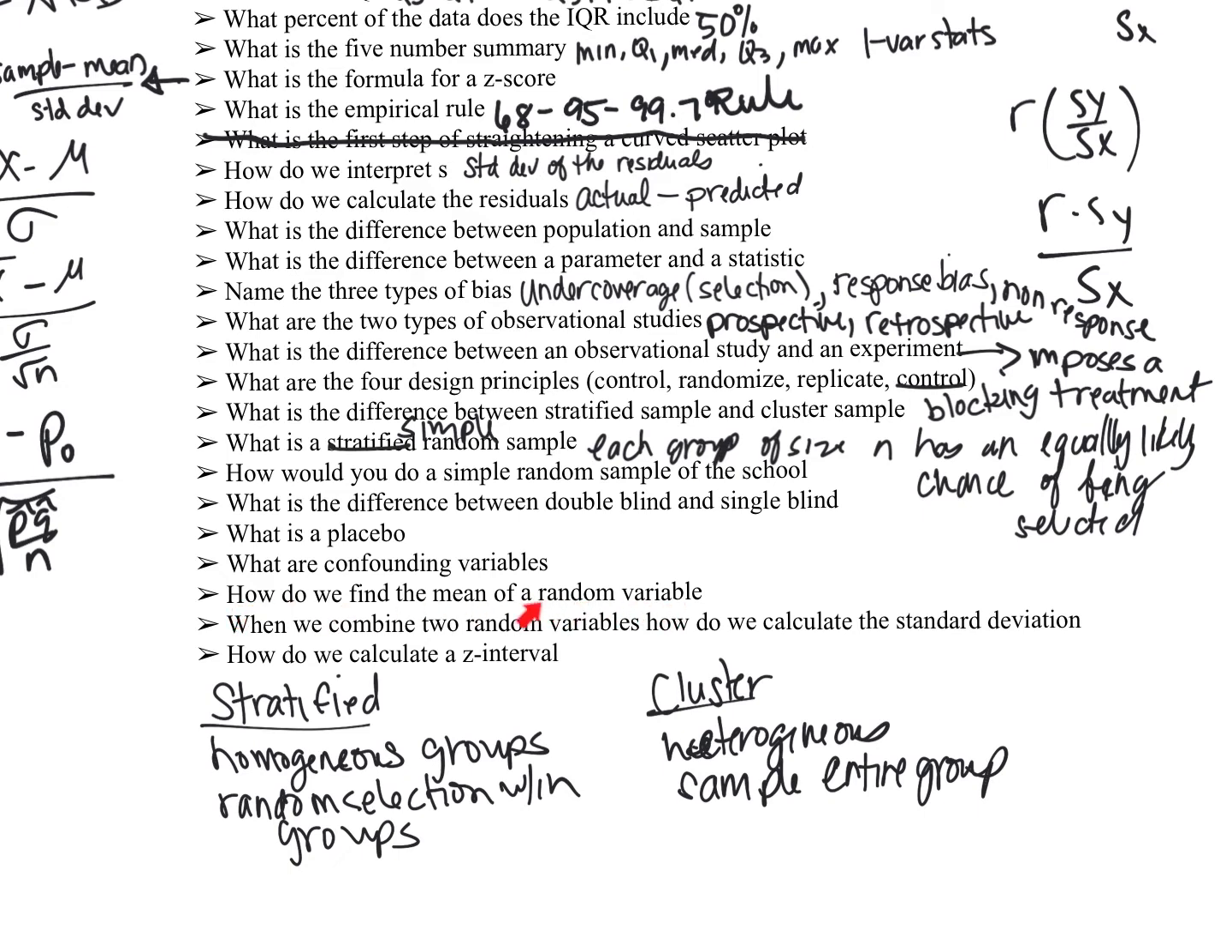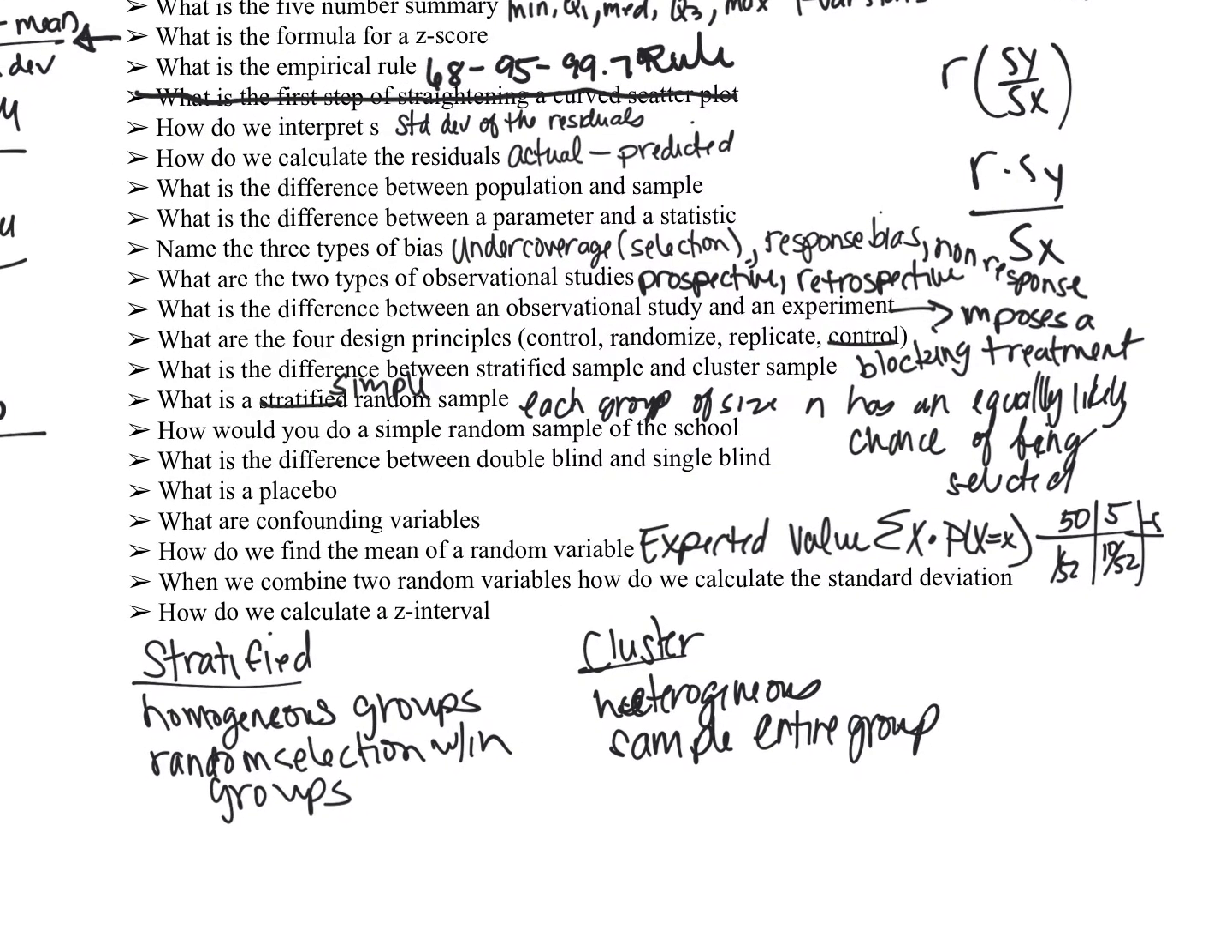The mean of a random variable, remember that's expected value. That's the sum of x times the probability of x. That's using our probability models like $50. The chance of winning $50 is 1 over 52 if you get an ace. And the chance of winning $5 is 10 out of 52. And then the chance of losing $5 is